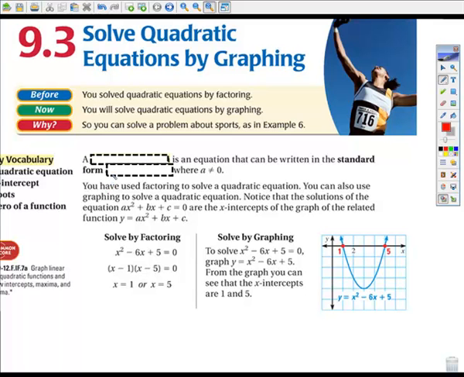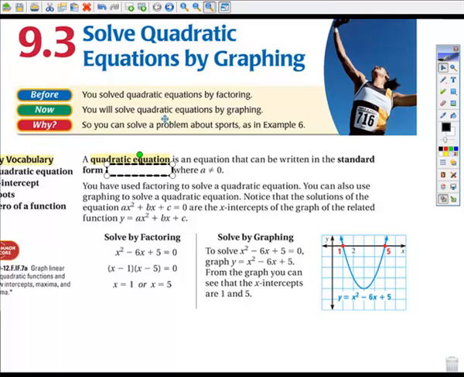Lesson 9.3 is solving quadratic equations by graphing. So we have solved quadratic equations before. We did it actually in chapter 8, and you solved those equations by factoring, and now we're going to solve them by graphing. So your first vocabulary word is a quadratic equation is an equation that can be written in